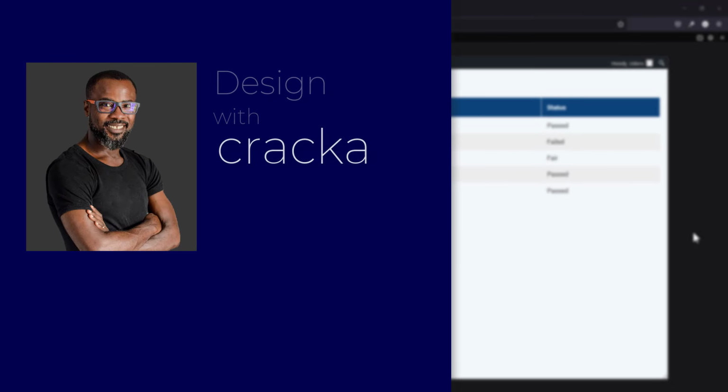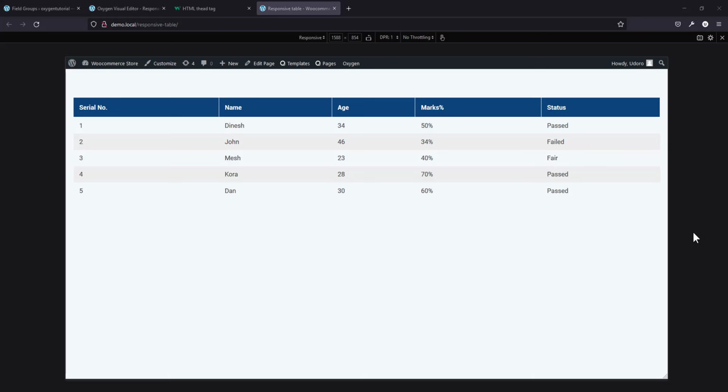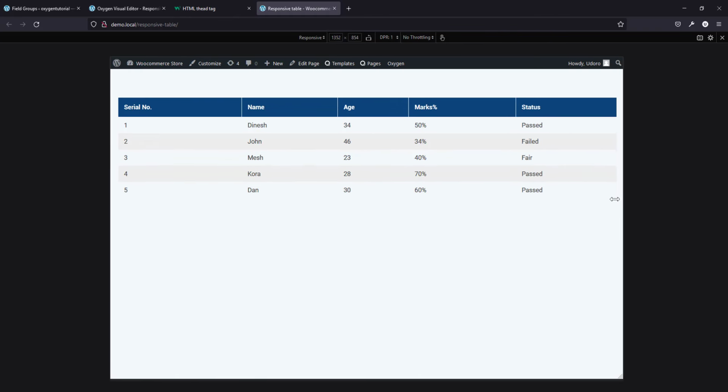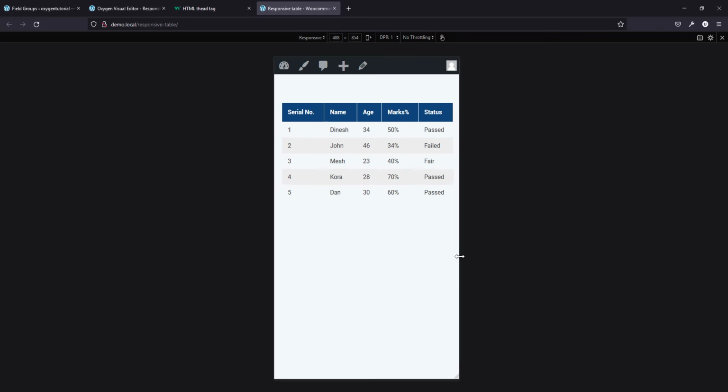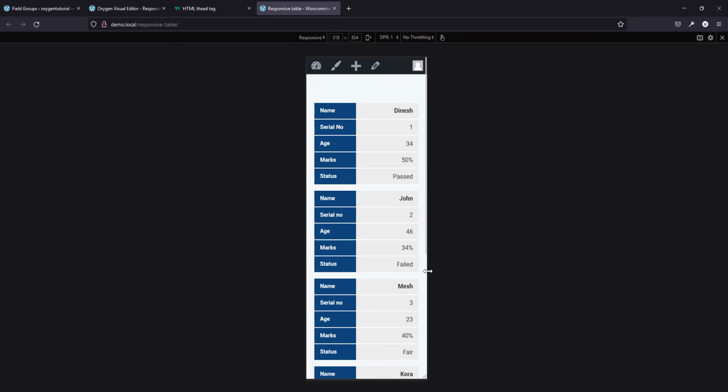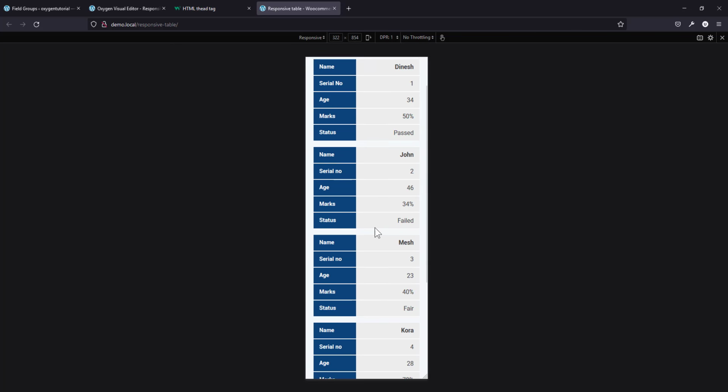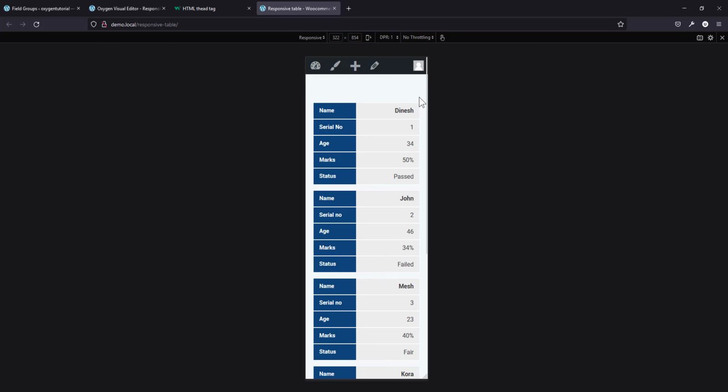In this video I'm going to show you how to create a dynamic responsive data table using Advanced Custom Fields, or if you want to use MetaBox, that's still okay. So this is what we're going to be doing. You can see the table is responsive. By the time we get to the lower breakpoint, it changes the view and breaks each person into a